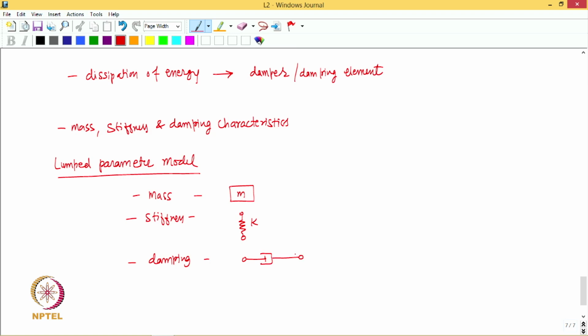Often we use a viscous damper because it offers ease in the mathematical analysis of the model. So, this is a viscous damper. These elements are called lumped elements,